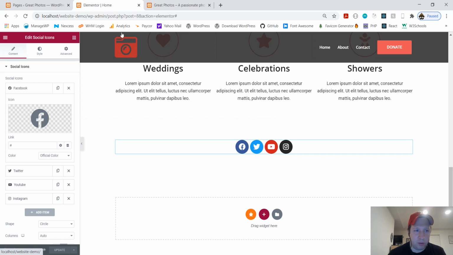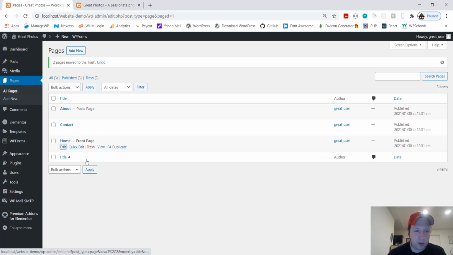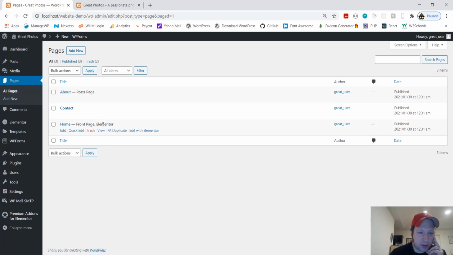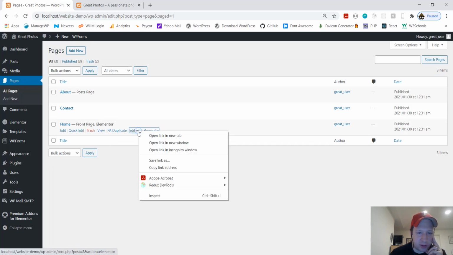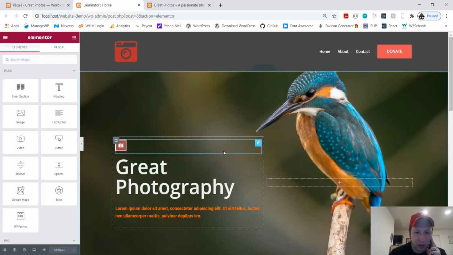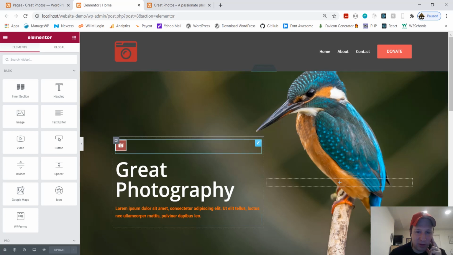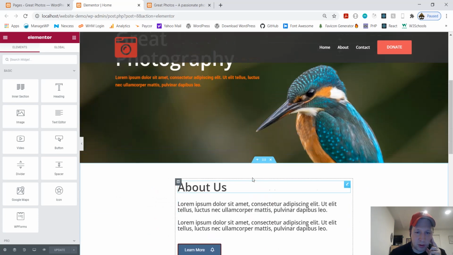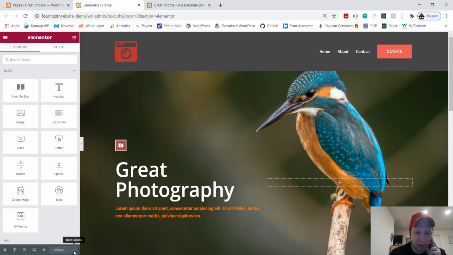So, because we opened this in a new tab, I'm just going to close that, and we're still here. Now, our About section, let's see. Let me refresh this page. Now, see Elementor, edit with Elementor, right click, open in a new tab to edit it again when you want to make a change, and trust me, you will. Okay, here we are. Now, what I want to do is take this entire page and save it as a template so that I don't have to do it all over again. I'm going to come down here next to update, click this little arrow, click save as template.